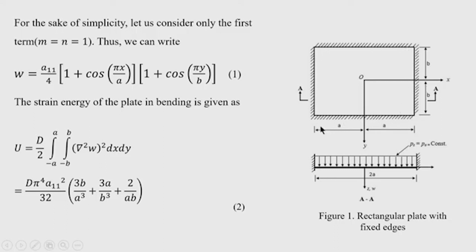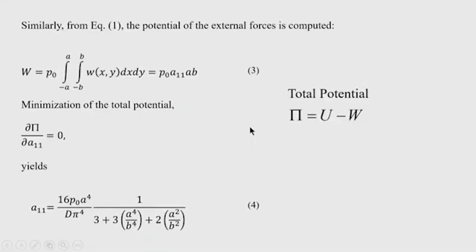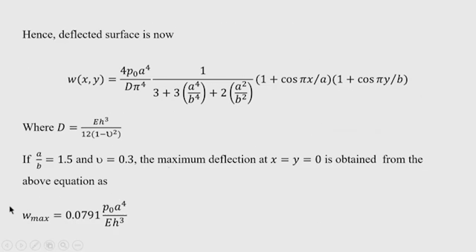So, this contains several steps if you adopt Levy's method, and the expression will be very lengthy. But here, using the approximate method, you can calculate a deflection of this order, and the deflection will be actually within the reasonable limit if you compare with the exact results. Now, the deflection is actually small in the case of the plate, because we are using the small deflection theory. So, the slight variation of the deflection will not